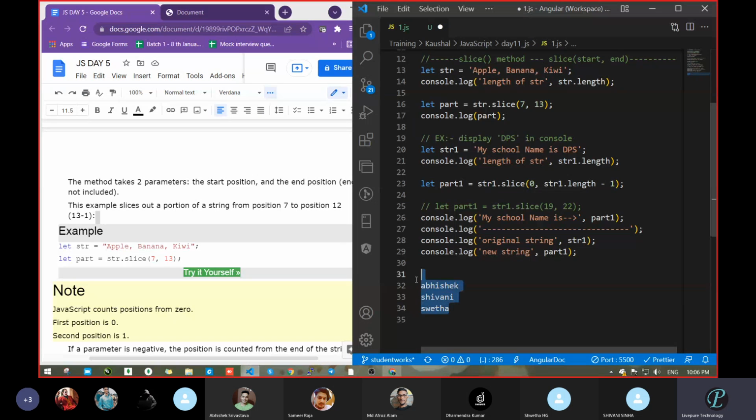I'm not going to worry how many letters you have. But I want always the last letter, last two letters, last one letter. You can go this way. Got it? Because now there is no dependency on how much total length you have. Otherwise, you have to calculate here. How much is the total length of this one? 7. Abhishek, how many characters in your name? 8. Shivani, 6. Shweta, 6.